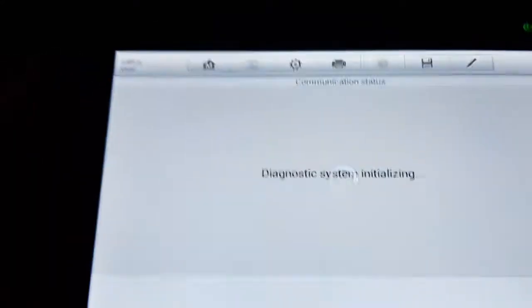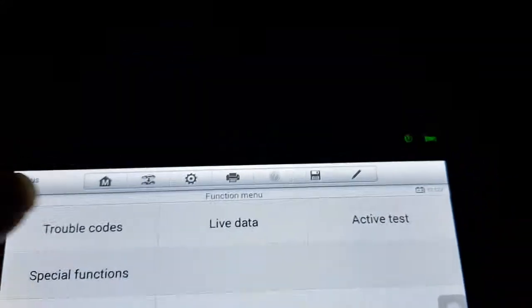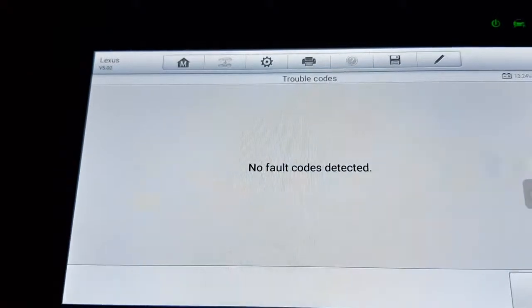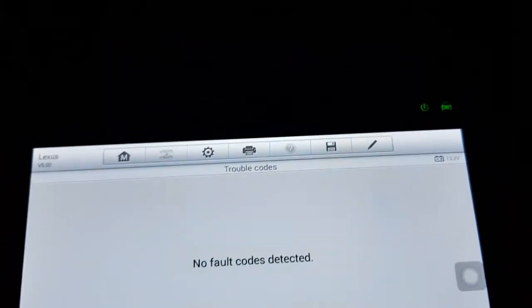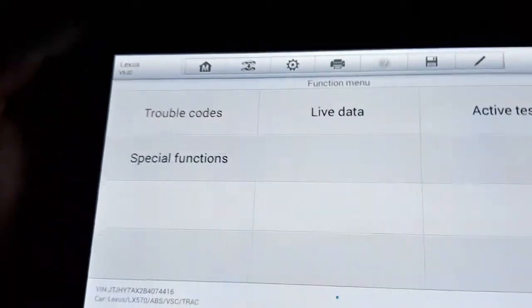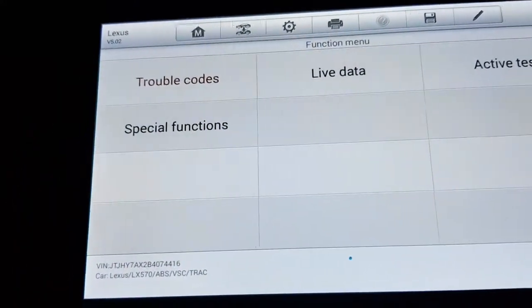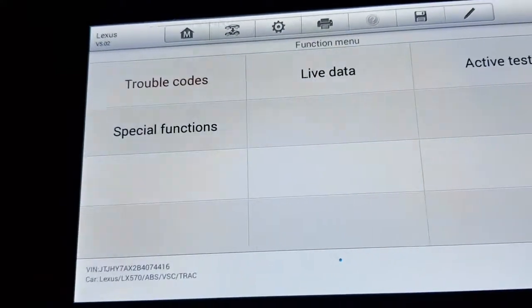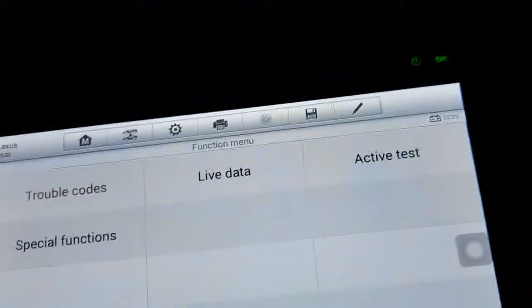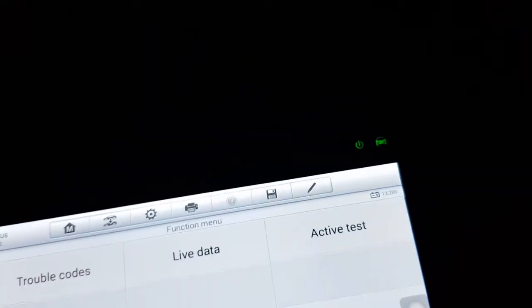Okay, no fault detected. It probably had a code that has to do with the engine, because when the engine malfunctions it also affects the ABS, and it was bringing C1201, I think, or C1203, I'm not sure, saying malfunction of the engine.